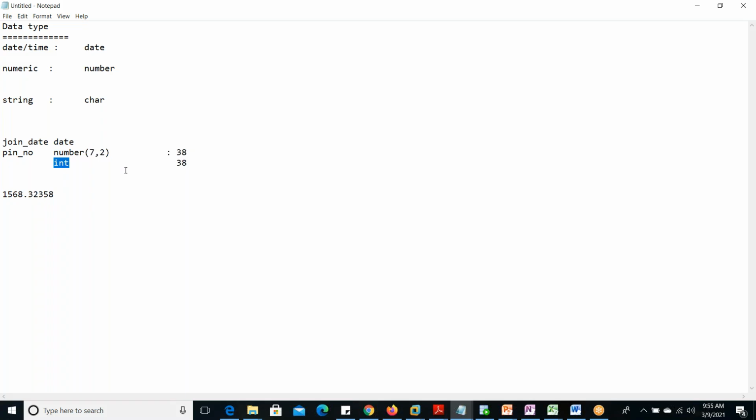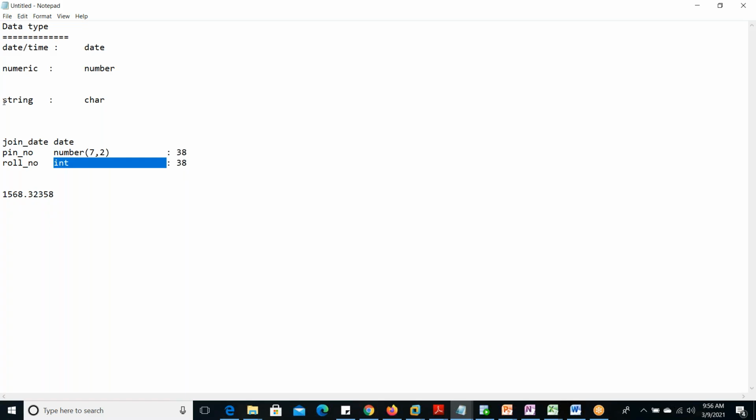And if you are using the int data type, the behavior is the same, decimal points it will also take and all these types of things, but there is no need to mention a length in int like 10. A syntax error will come, you just mention int. For example, roll number int. It will allow up to 38 length of number by default. No need to mention 10 or 5 or anything. This is the difference between these two. So this is your interview question: what is the difference between number and int? Both come under the numeric data type, but this is the difference.